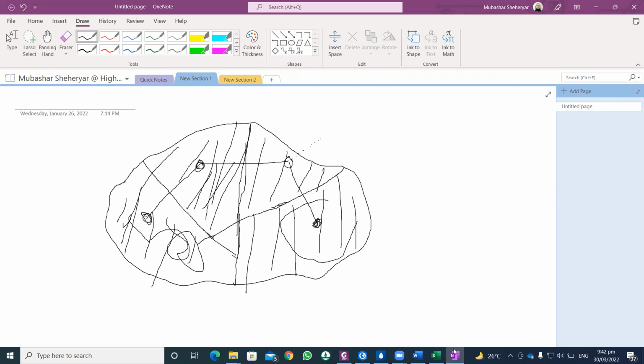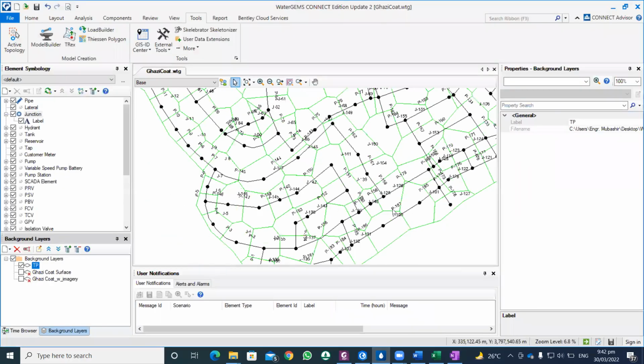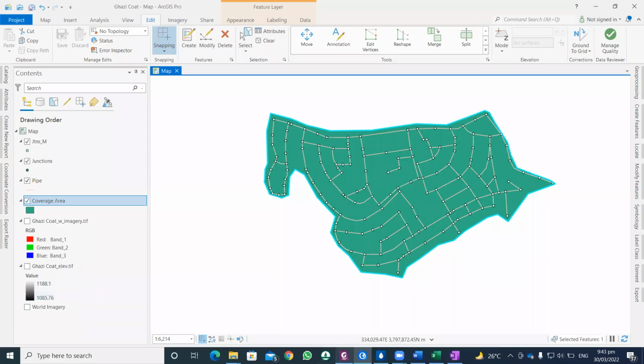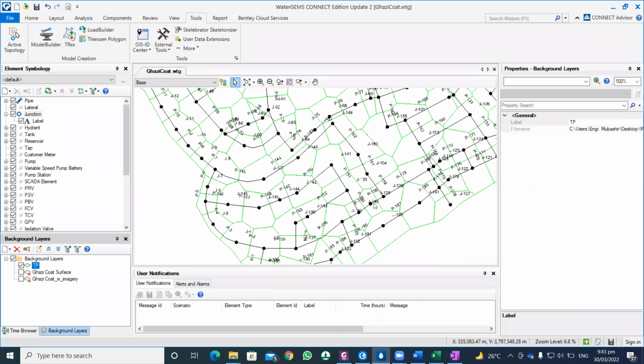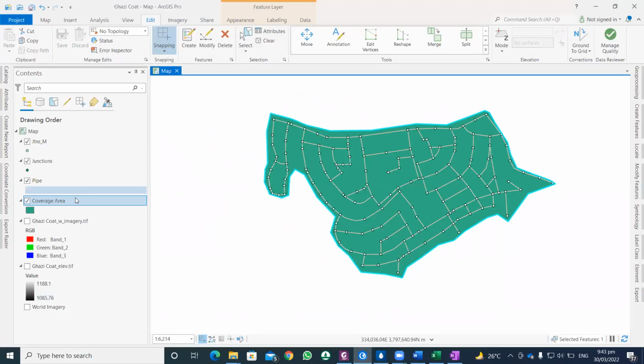So what it does, basically, it will do calculation in such a way that the area of that polygon will be multiplied with the density layer, or the demand we have written in here, the attributes, and based on the area, the demand will be assigned to each node. So basically what it will do, it will first calculate the density. For example, I want to show you that in a GIS